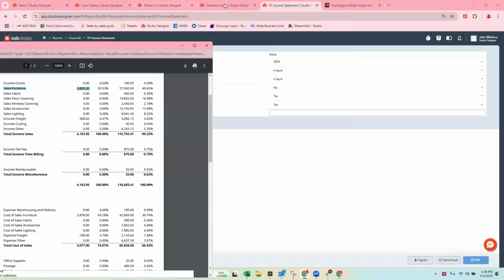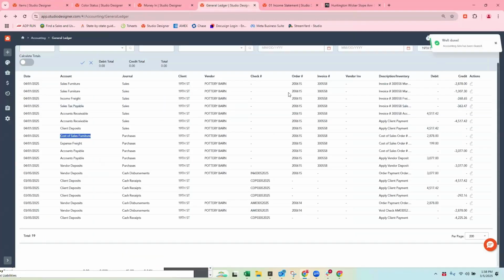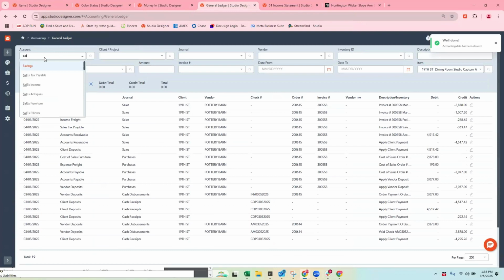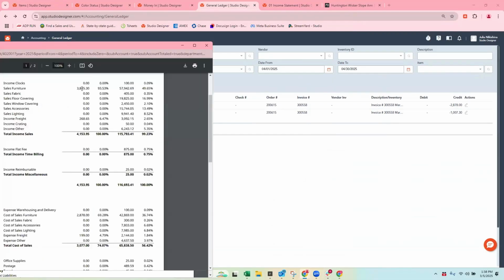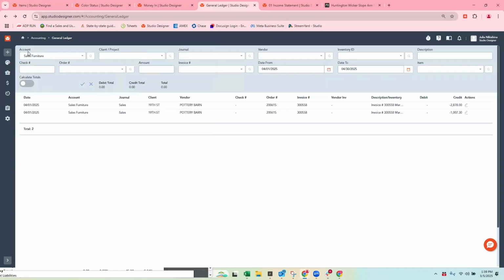So on a granular level, we could always pull sales furniture to say, okay, what was in sales furniture? So if I go into my general ledger, let me clear my date because I don't want it to be in the future. And you could do this in here, or you could do it in a report. If I then wanted to go and say, let's pretend this number was $300,000 or $38,000, and I wasn't just looking at it as one piece, I could go into my general ledger here and say, show me everything I sold under furniture.